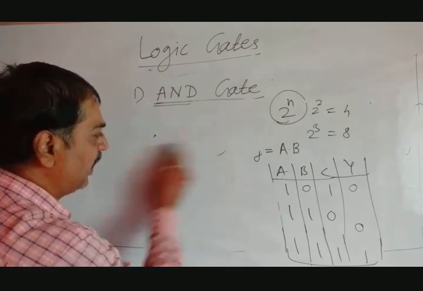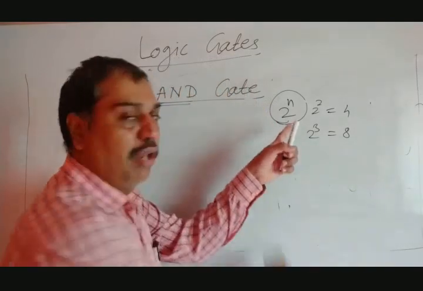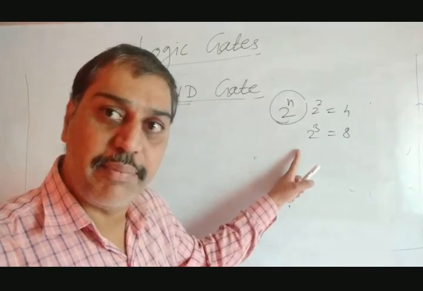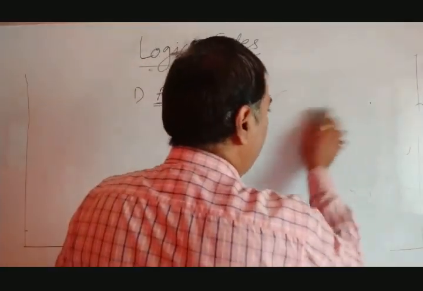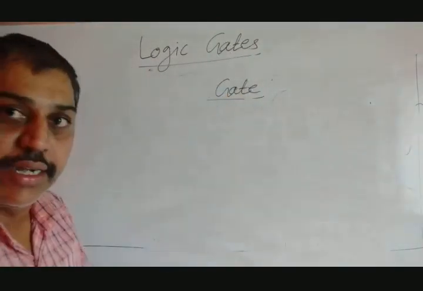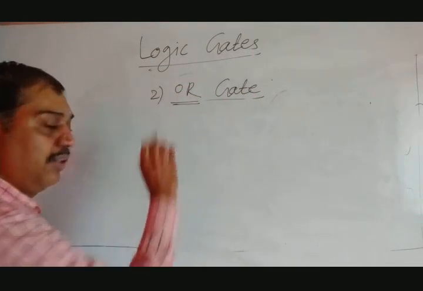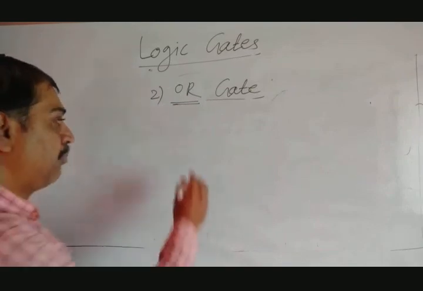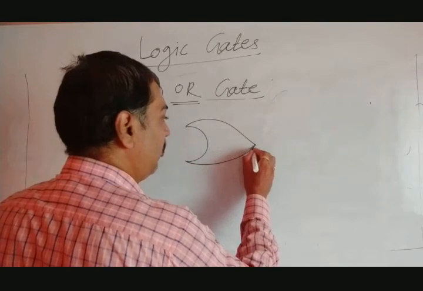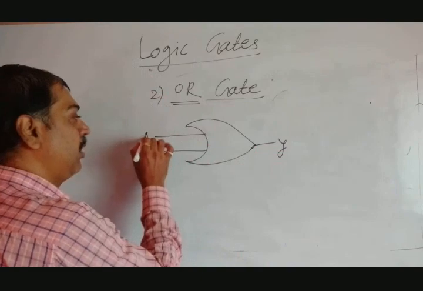The second type of logic gate we have to see. Again, this symbol or this formula is applicable to all gates except the NOT gate. Now let's go to the second type of gate, which is said to be the OR gate. Again OR is a logic, so I have taken it in capitals. Symbolically the OR gate was represented like this. Such a type of gate it is, and this is said to be the Y output. It has the inputs; suppose it consists of 2 inputs, A and B.